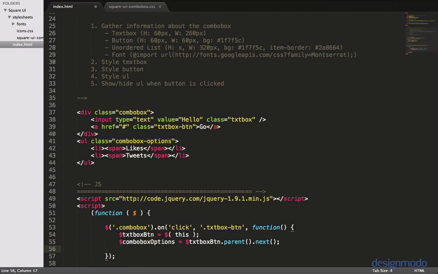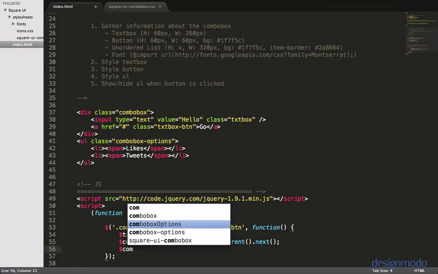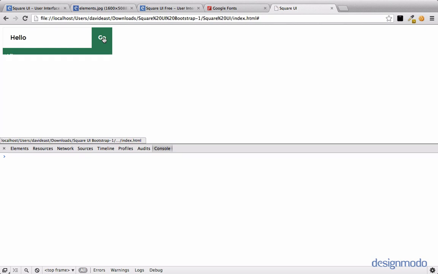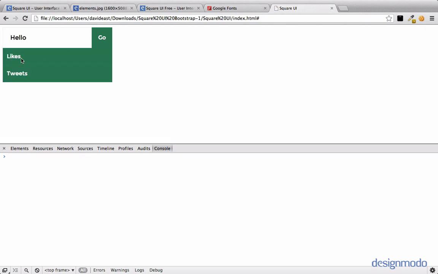And since we have combo box options, we can now slideToggle. SlideToggle will keep track of whether the unordered list has been opened or closed. So now if we click on the button, it'll close it, and if we click it again, it'll open it. But now let's say you want to click on one of these list items, and when you click on one of these list items, you want to populate this text box